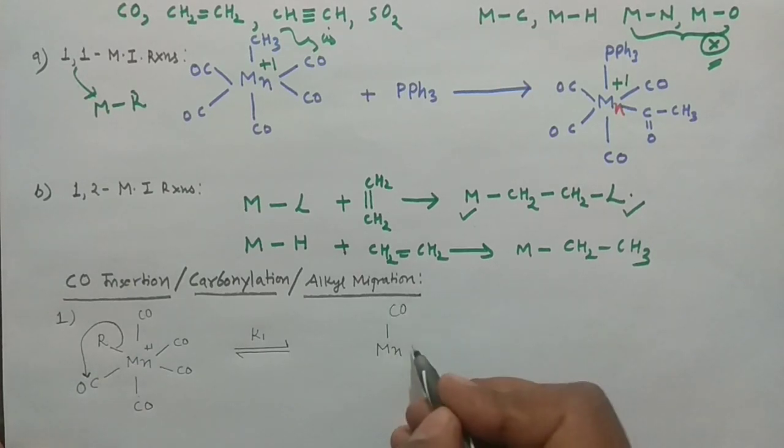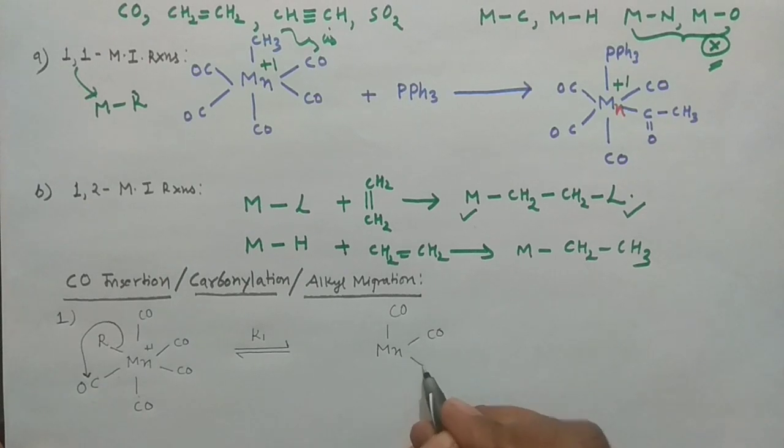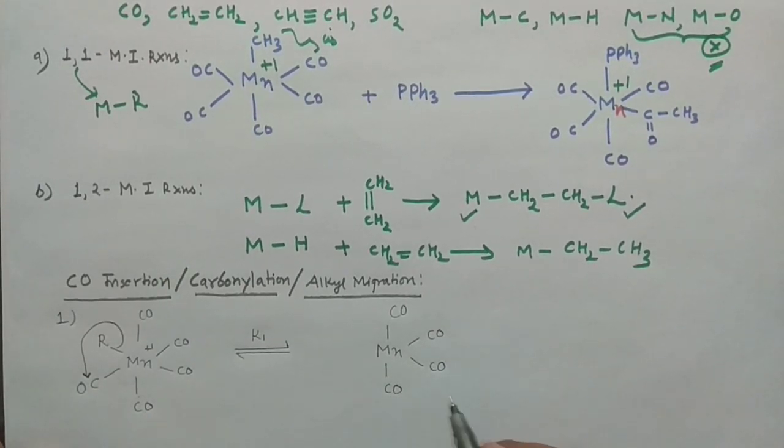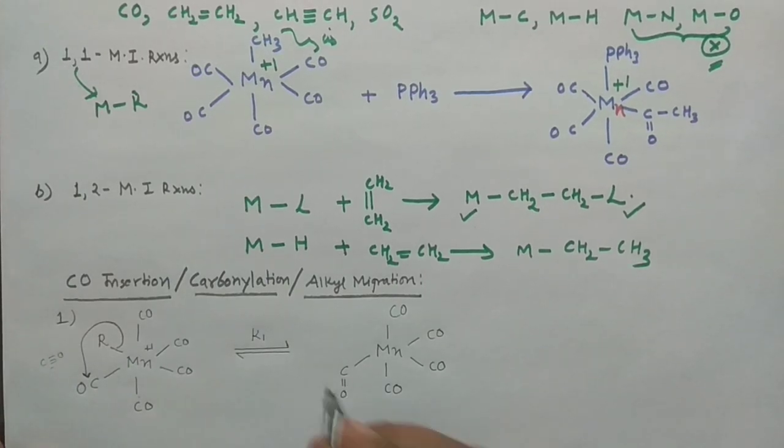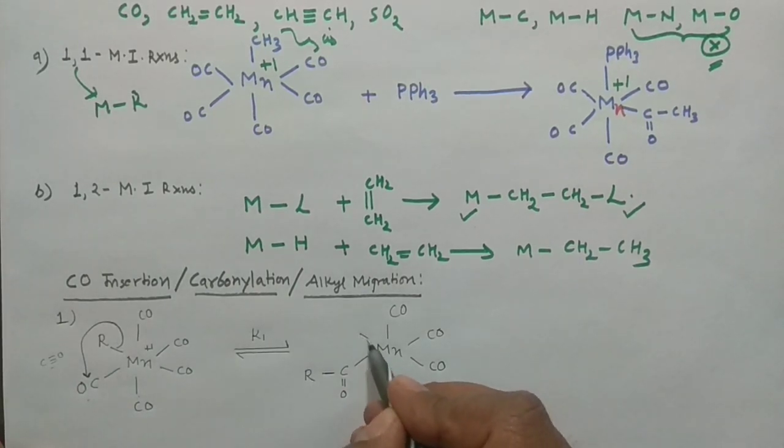This carbonyl would be untouched, this would be also untouched, this would be also untouched, and this would be also untouched, and now this has migrated. So you know, carbonyl is what? Carbon triple bond oxygen. So one of the bonds would be used to form the bond with this one, right? So you can write carbon double bond oxygen, and this is my migrated group R, and this will leave a